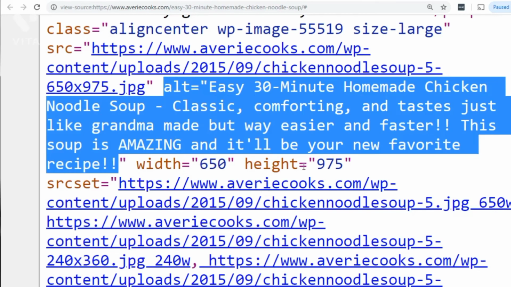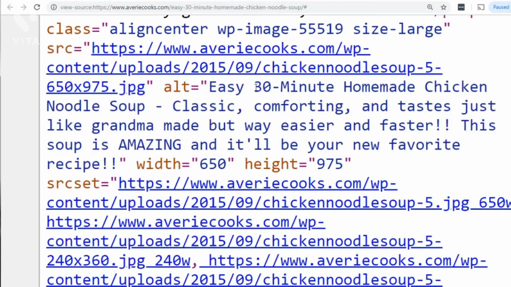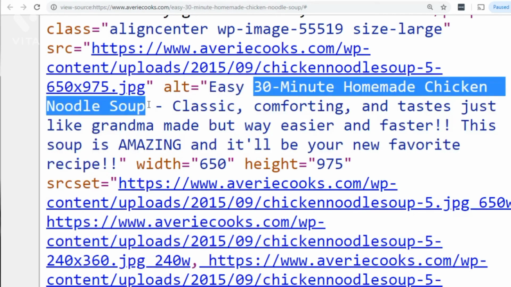Now we can see the image size and all that. Now, that's the alt tag, right? So 30-minute homemade chicken noodle soup. And that was in the beginning, and you want to make sure that the keyword is in the beginning. Now, if we do this again,